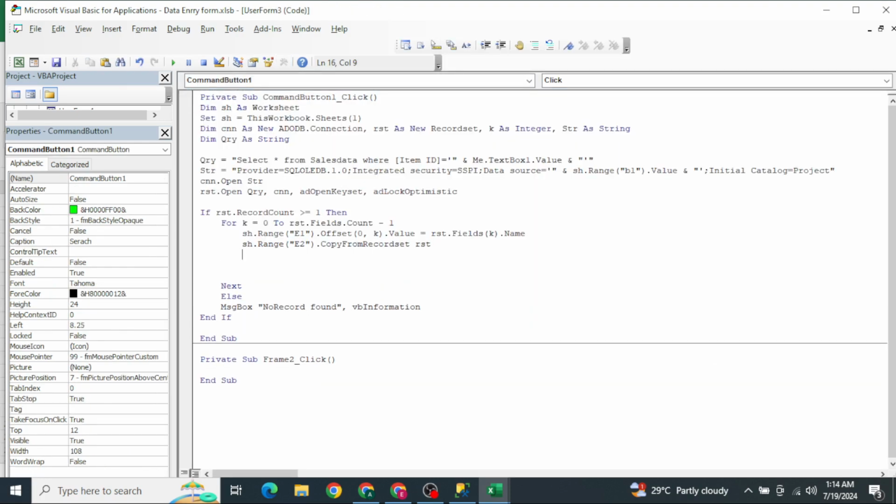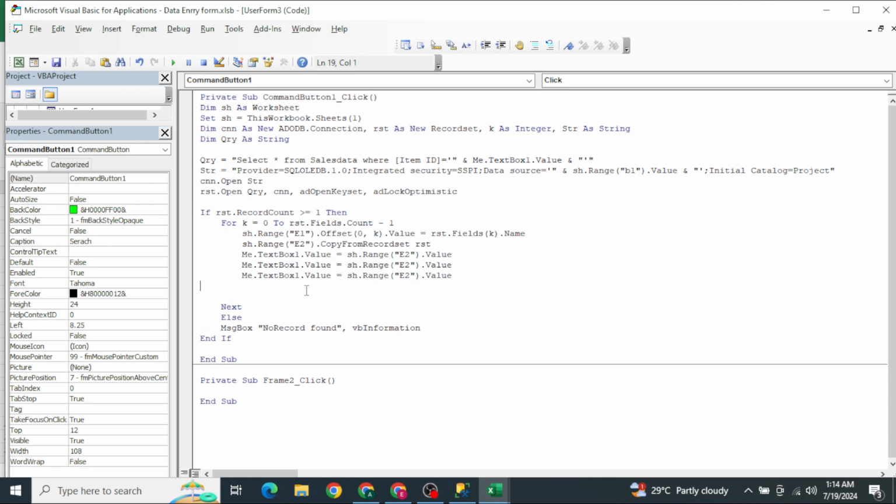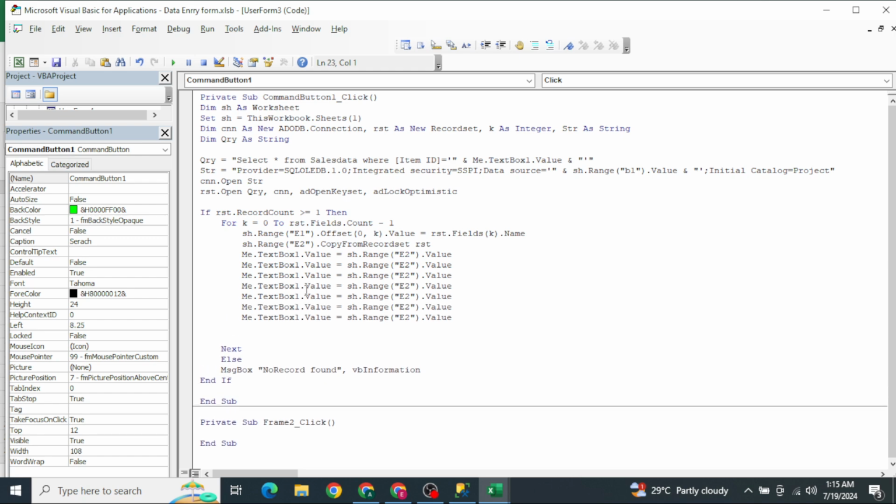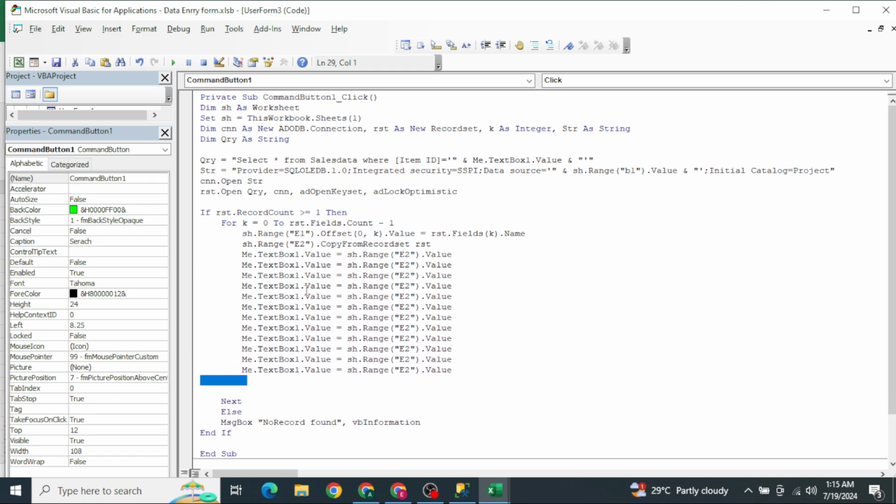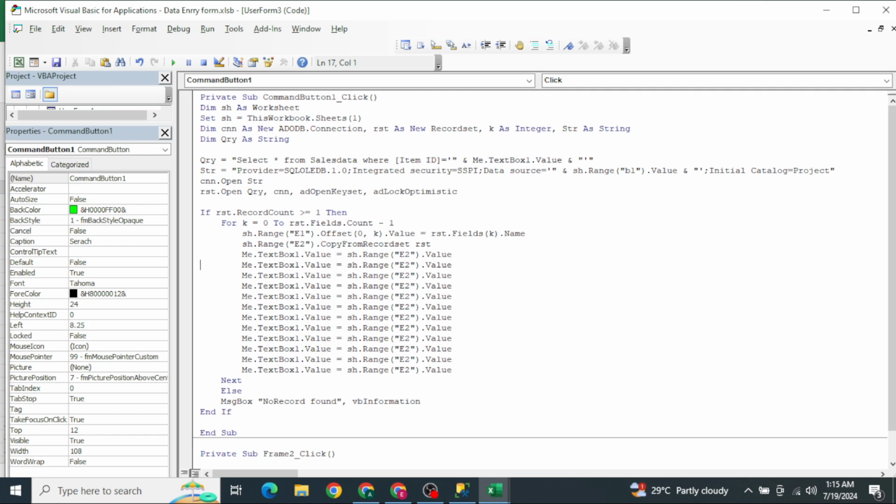You need to write here Me.TextBox1.Value will be ss.Range("E2").Value. Copy and paste how many times? 12 times, 11 times, because one you have already pasted. 2, 3, 4, 5, 6, 7, 8, 9, 10, 11, 12. Okay, that's it. And after that change the reference from E2 to F, G, H, I, J, K, L, M,